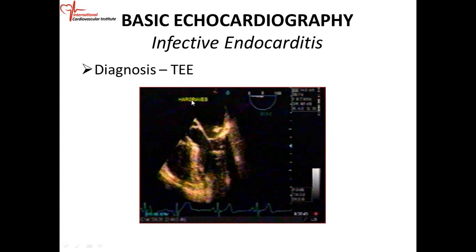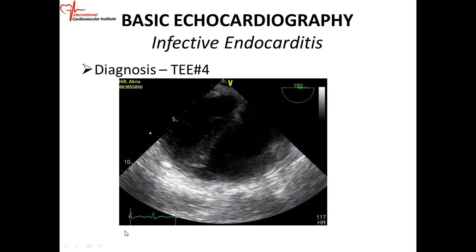We did a transesophageal echo, and she had vegetation in the mitral valve. I think she did have vegetation in the aortic valve as well, which probably is the one that embolized. And she had,